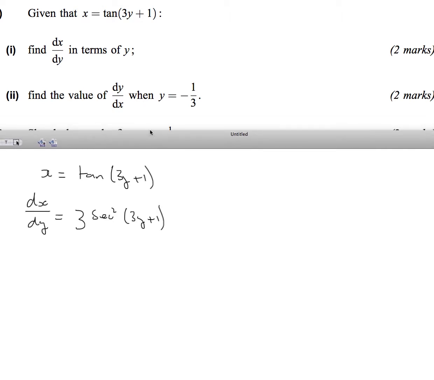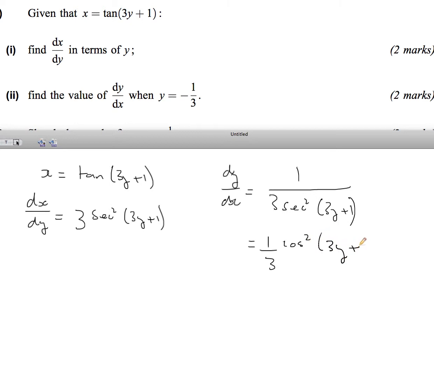Find the value of dy by dx when y is a third. Notice they want dy by dx, and we've got dx by dy. So over here, dy by dx will equal 1 over 3 sec squared (3y plus 1), over 1, which is 1/3. Now the sec squared can go up top to give us cos squared (3y plus 1)